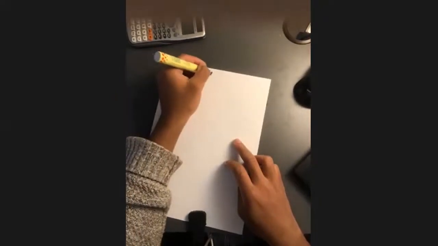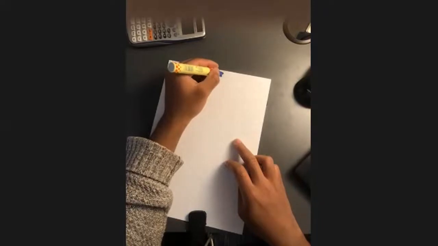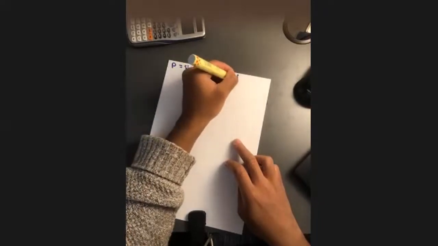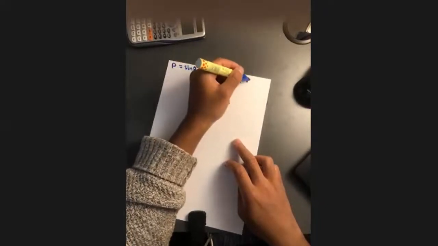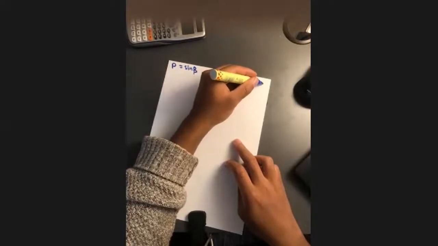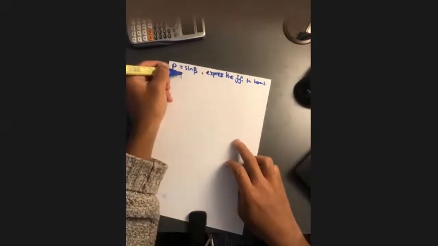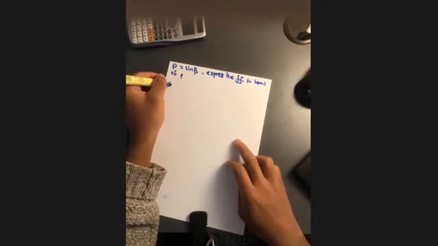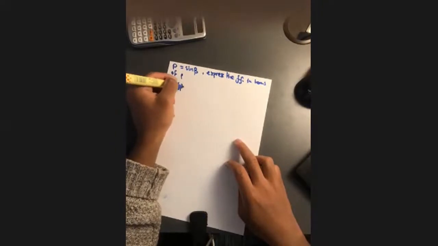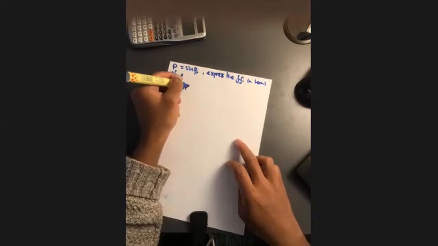Express the following in terms of P. So you're just going to say that the cosine of beta plus 360 degrees